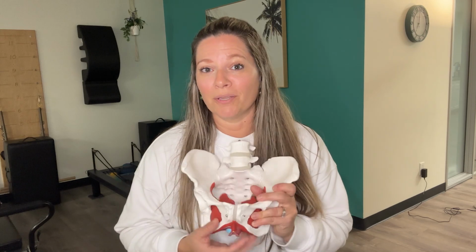The pelvic floor being these muscles in red at the bottom part of your pelvis. They support your pelvic organs, your bladder, your uterus, your rectum. And those organs are held together by ligaments. Well, when the ligaments stretch, weaken, that can press against the vaginal wall, and therefore you may even see a bulge through the vaginal opening or the rectal opening, or feel that extra pressure, heaviness, or uncomfortable feeling when you're